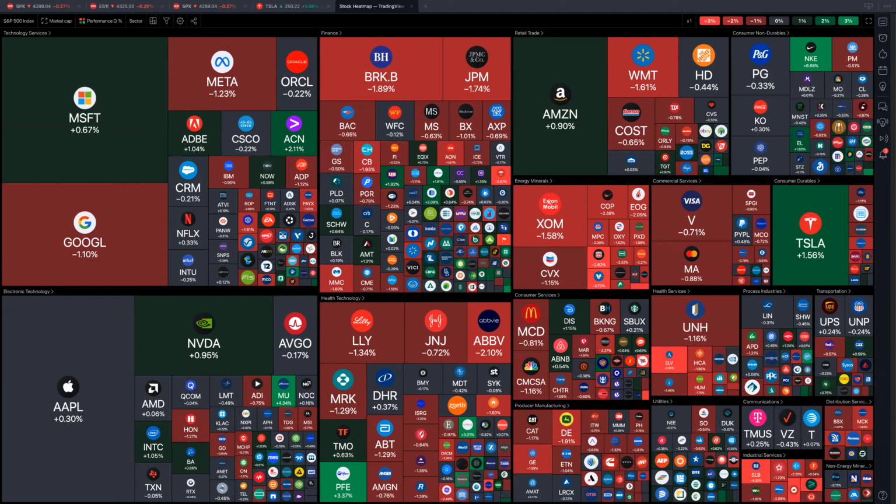And the way I like to use the heat map is that if I see a lot of red on the big tickers,